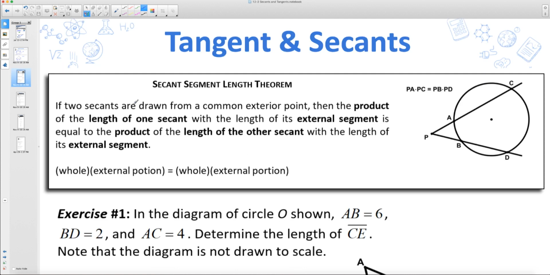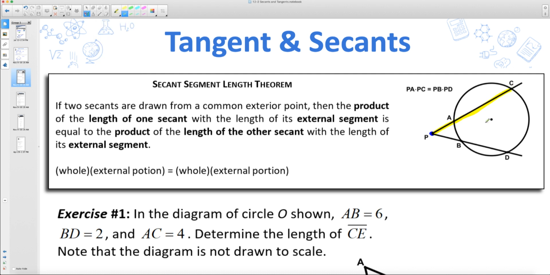Pretty straightforward. The next thing we're going to look at is the secant segment length theorem. I'll read this out here. If two secants are drawn from a common exterior point, so in this example we have two secants, they go straight through the circle, they're drawn from the same external point P, then the product of the length of one secant with the length of its external segment is equal to the product of the length of the other secant with the length of its external segment. So that's kind of a lot going on there. What it basically means is